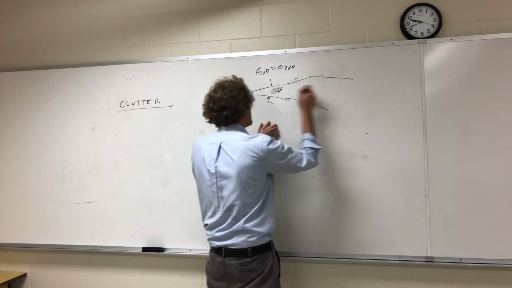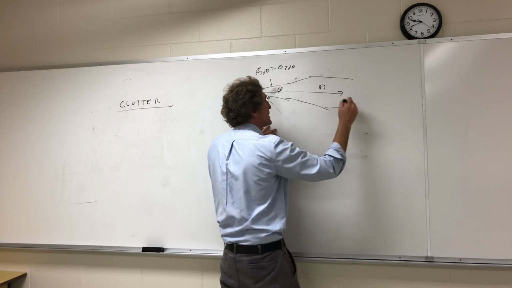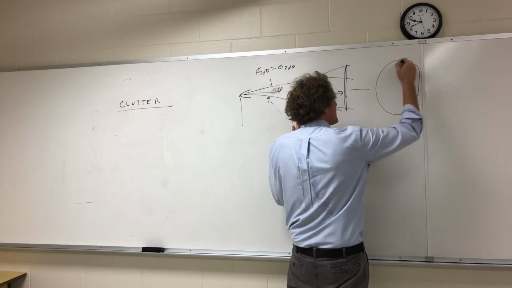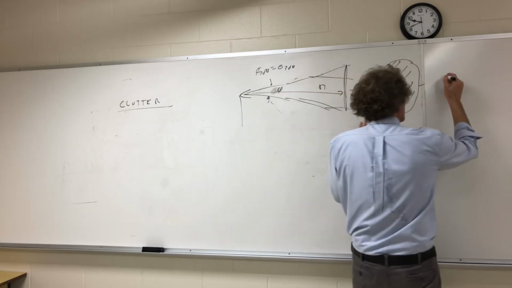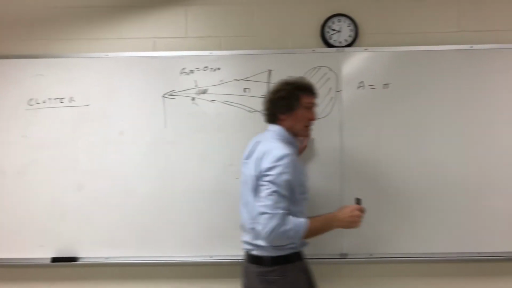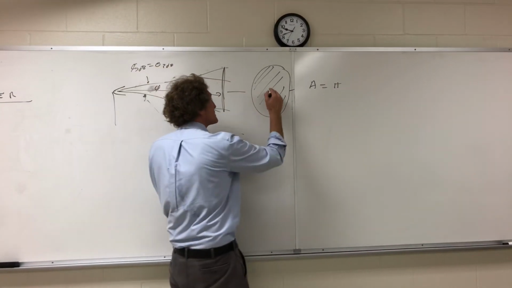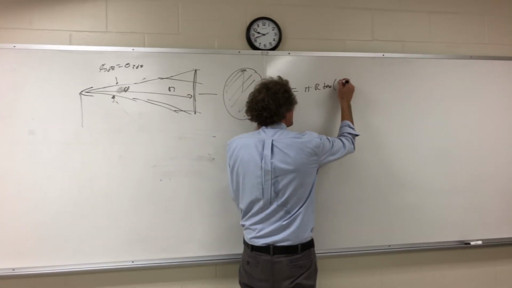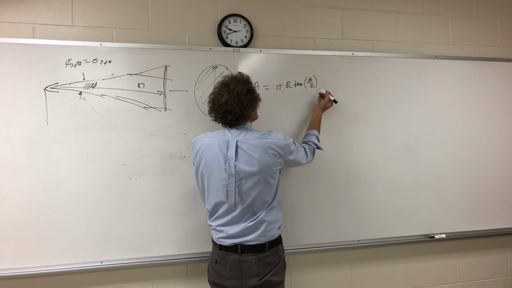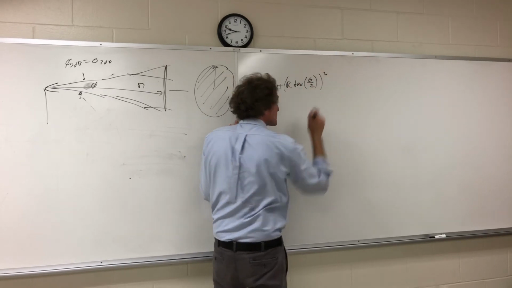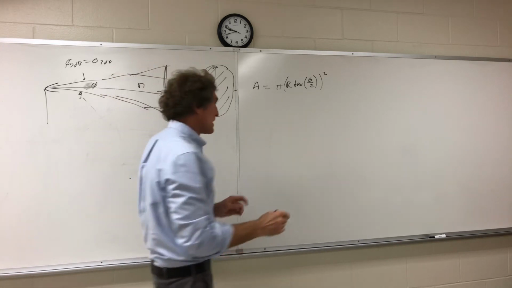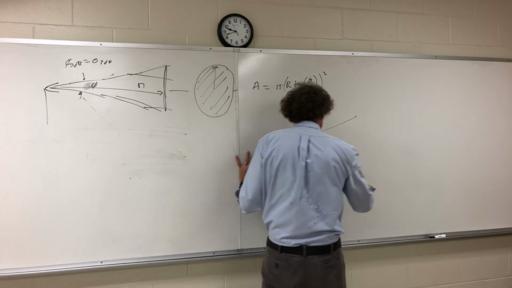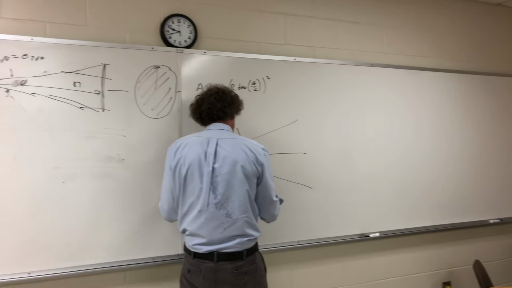Now, when it hits something out here at a range R, that's not drawn very well, but what you end up with is something that has an apparent area A, which would be pi times the radius squared. Now, the radius of this is interesting, because the radius is actually going to be R times the tangent of the beam width over 2. And here's what I'm doing. In case you don't see it, just so you see it. If you have something and the beam width, this you have to watch, because this is what this proof is based on. If the beam width here is theta,